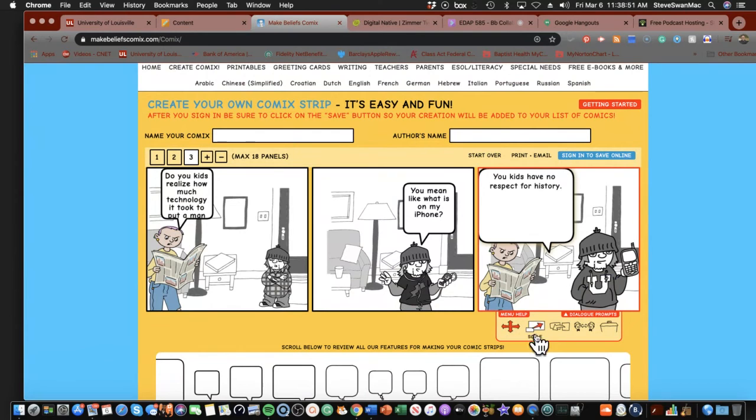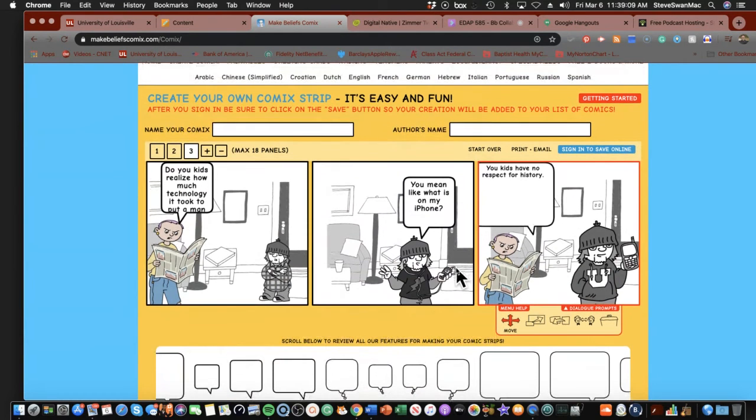And my talk balloon's a little big, so I'm going to make it smaller. I'll go up here and click on that. Doesn't need to be that huge. Need to move it over a little bit. And then we'll let the kid have the final word. Or thought, actually. Let's have him have a thought. Now that one's a little small, so let's go ahead and make it a little bigger. Yeah, there it goes. We're good.